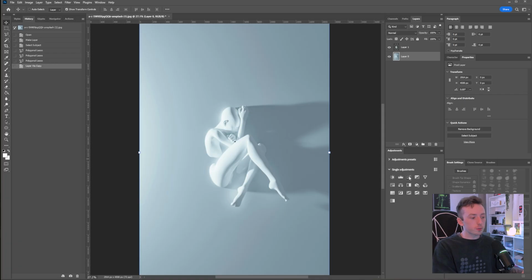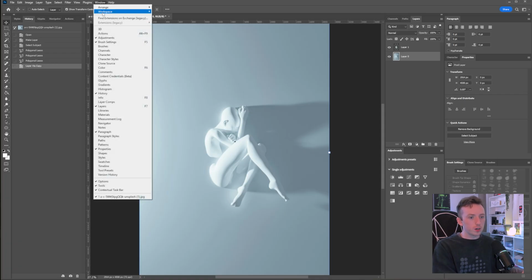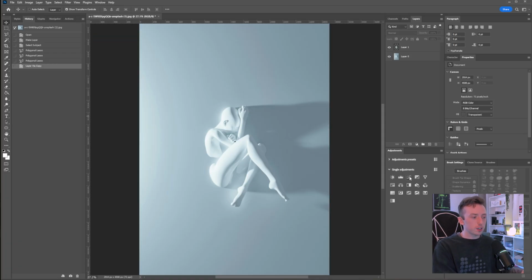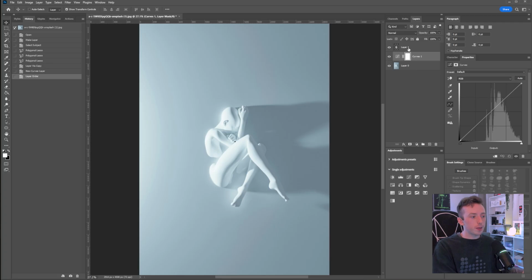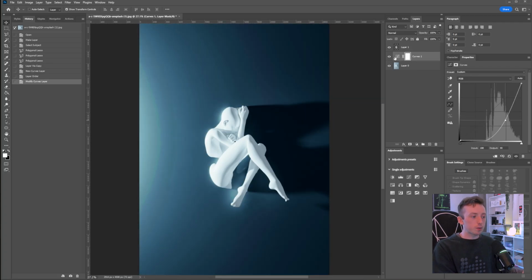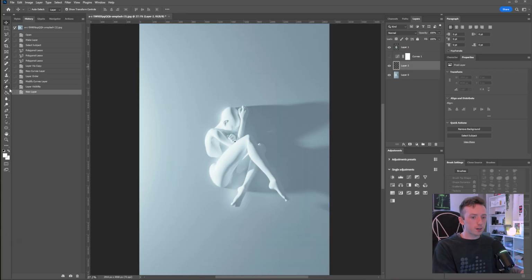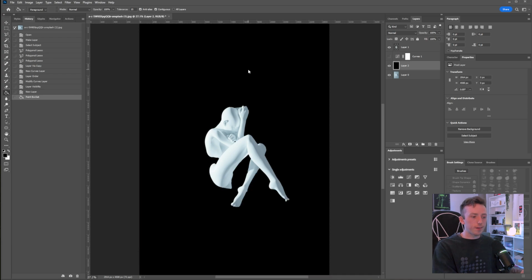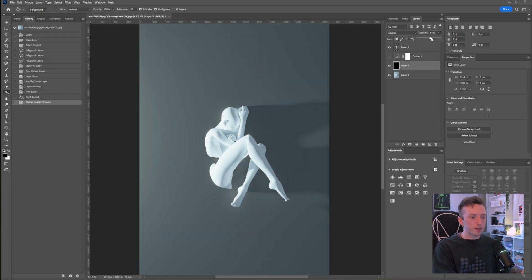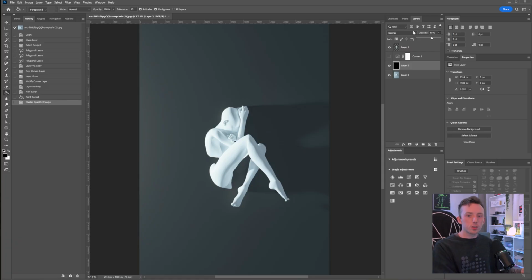If you've got your adjustments tab open, just go to Window and make sure adjustments is ticked. You can just click on a curves layer, put that below the subject, and then do something like this. If you want something a bit more flat though, you can literally just make a new layer, go to Fill, change the foreground to black, and then fill the entire layer in black, and then just reduce the opacity so